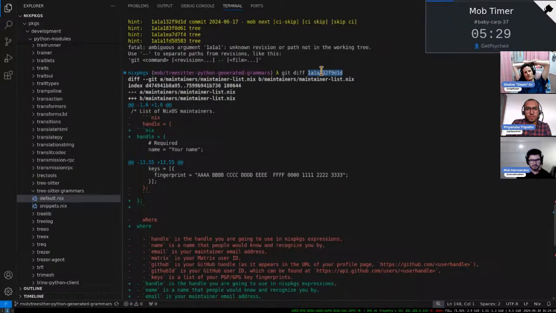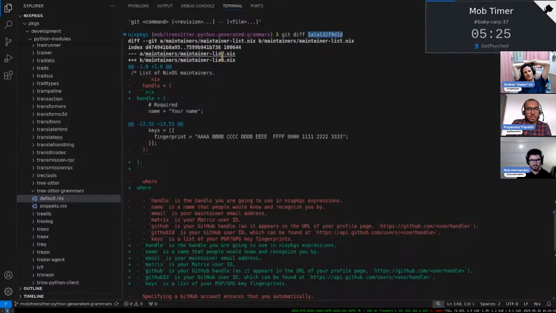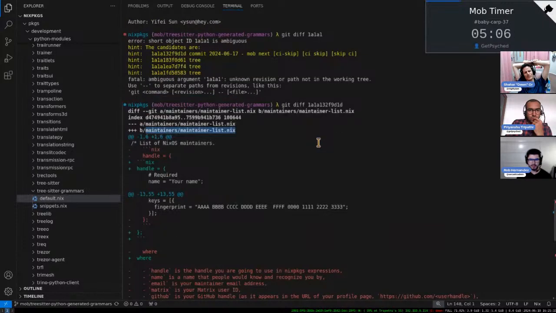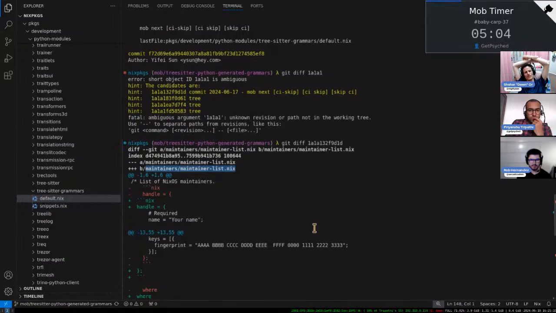That should be correct. But that's showing me maintainers list stuff, so I'm guessing that's diffing from master. Not sure. Well, it was updated. I think some folks added themselves as maintainers, so that's not necessarily